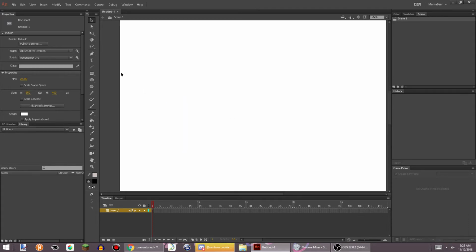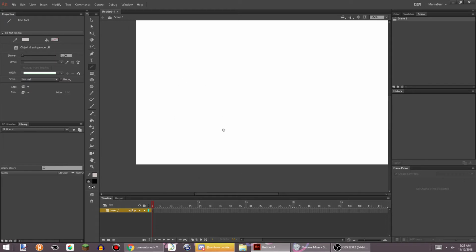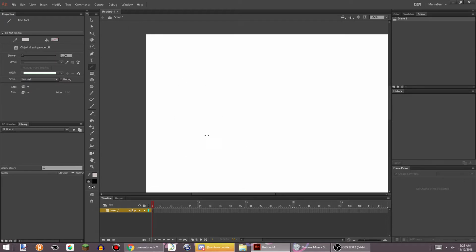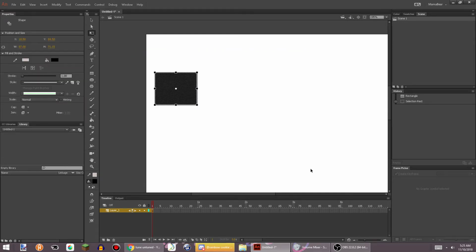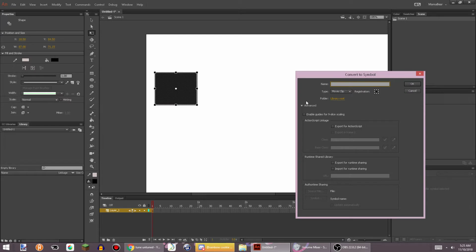So anyway, let's get to making assets. I'd recommend you make a symbol, like F8, and whatever you're going to name your character body. I'm just going to name mine,